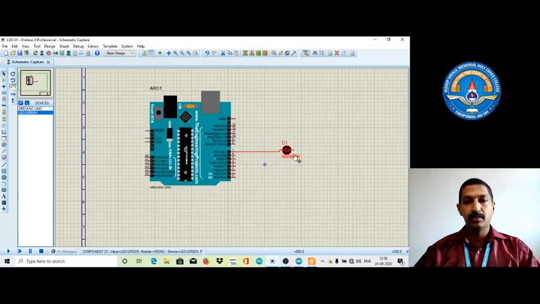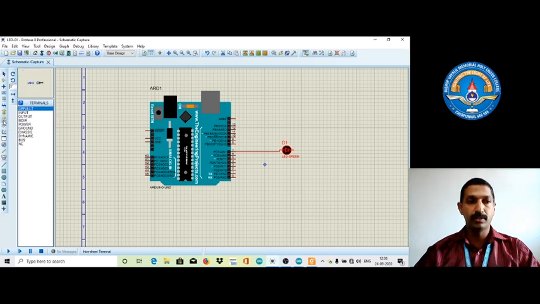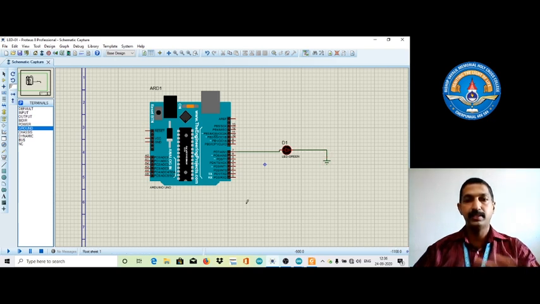Then, as you know, one particular device is to be enabled by power, and it needs a secondary thing that is called the ground. We can select it from the terminals mode, click on ground, and it should be added here. We need to connect it with the ground also. So our design part is almost done.